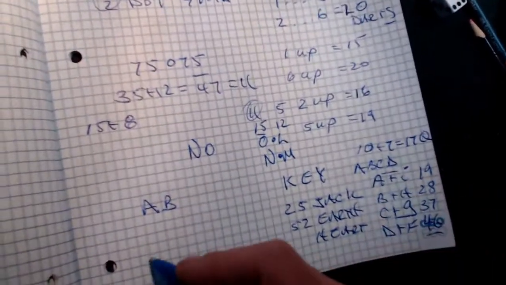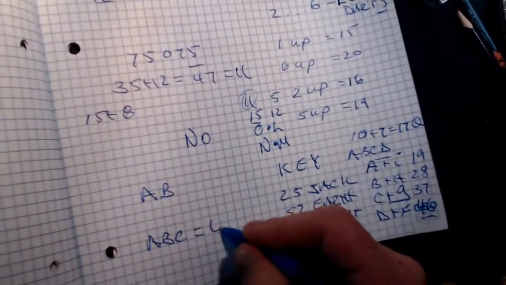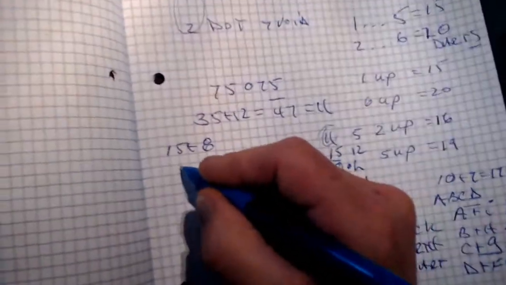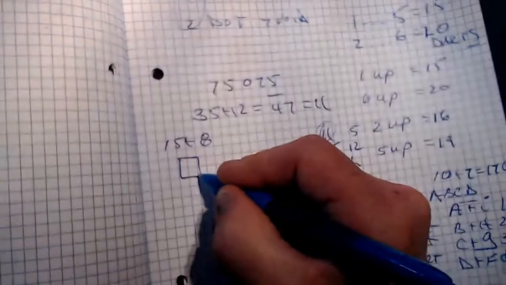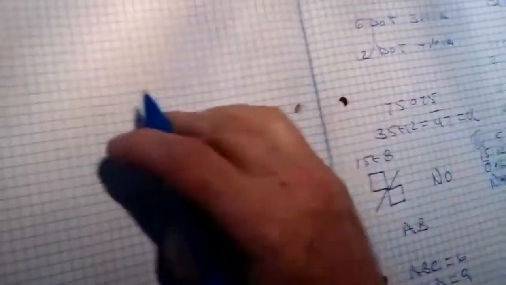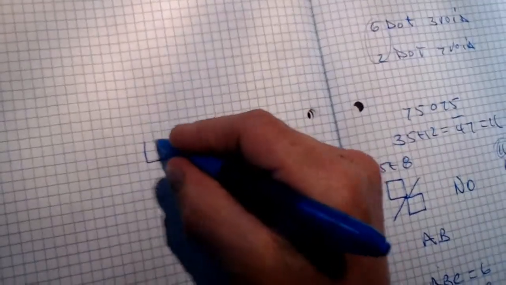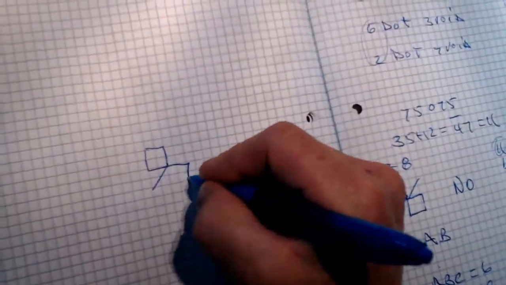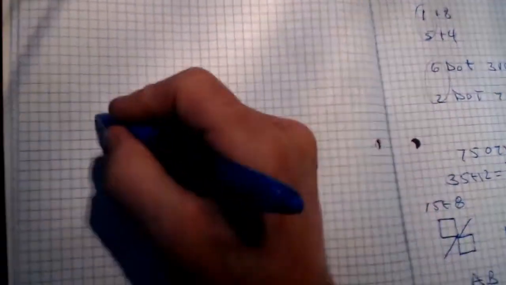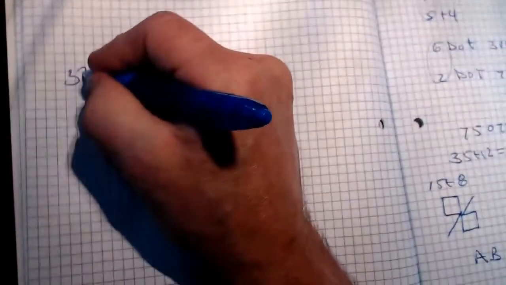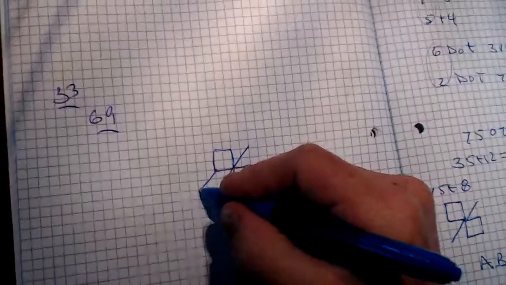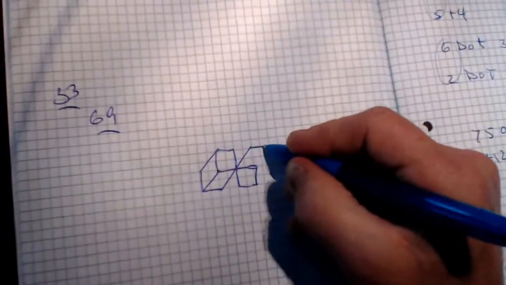When you go A, B, C, it equals to 6. When you go B, C, D, it equals to 9. And that's your rotation of 33. 3 times 3, 9. 3 plus 3, 6. So let's do that again. 3 times 3, 9. 3 plus 3, 6. So now I got a percentage sign, and through 6 and 9 and 33, I created the 8 and the percentage sign. So now I like to give a little bit of art form to it